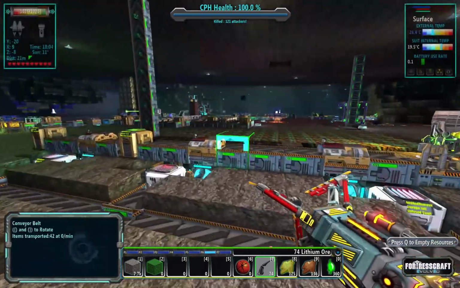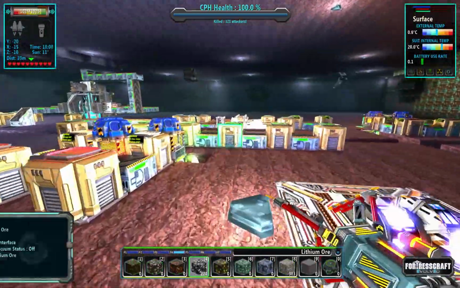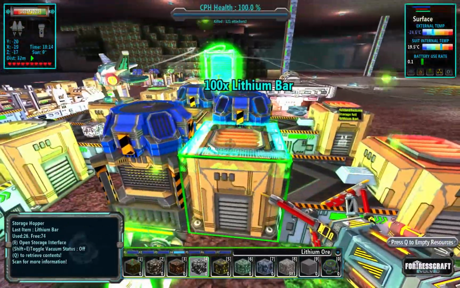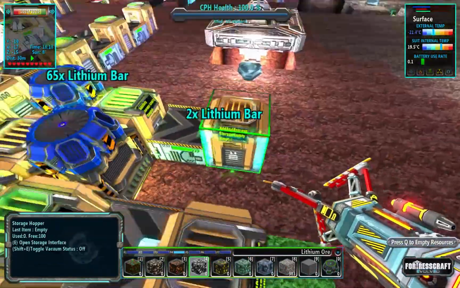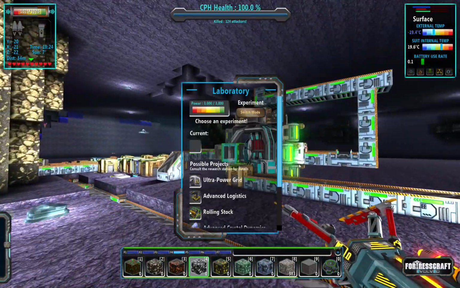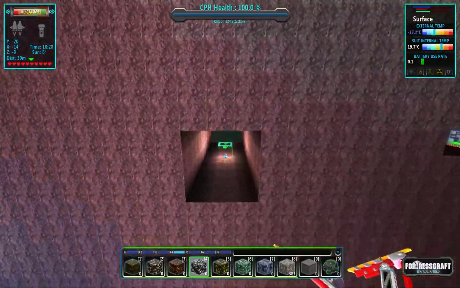Oh, we have some more lithium. I need to make sure that we are dumping that lithium in here. And we already ran out, so I'm just gonna dump it in here. So let's take all this. Oh, look at all the glorious lithium that we got. Beautiful. It's a beautiful amount of lithium. And the research is done, so let's go up and take a peek